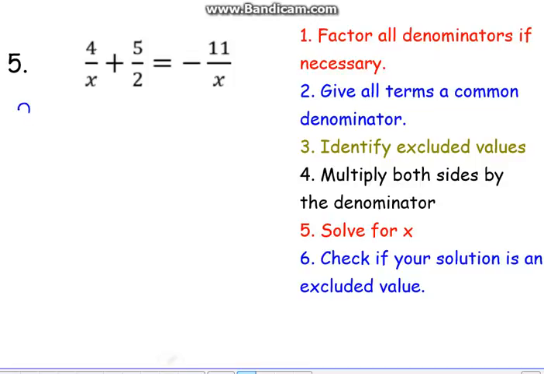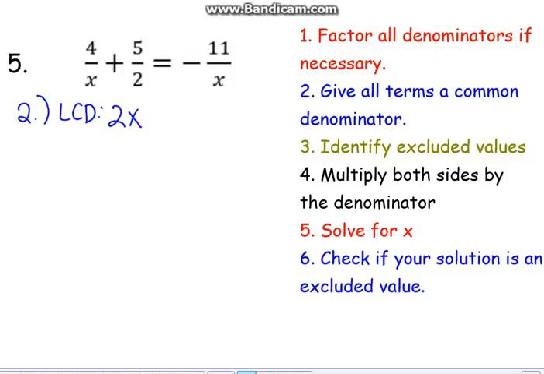Step 2, we want to give all terms a common denominator. So let's start off with a lot of what we did when we were adding and subtracting rational expressions. We want to find the LCD. Well, I need to have a factor of 2, and I need to have a factor of x. So 2x is going to be my LCD. Okay? So now we need to give each part of my fraction